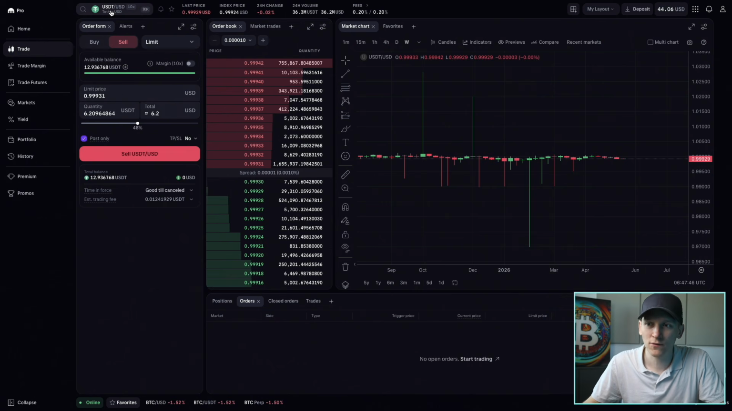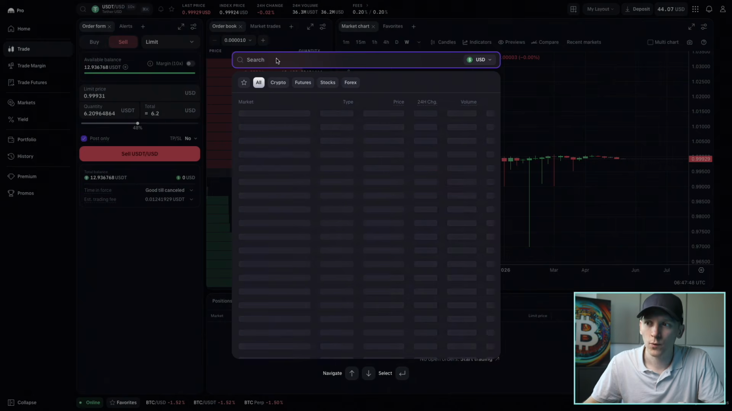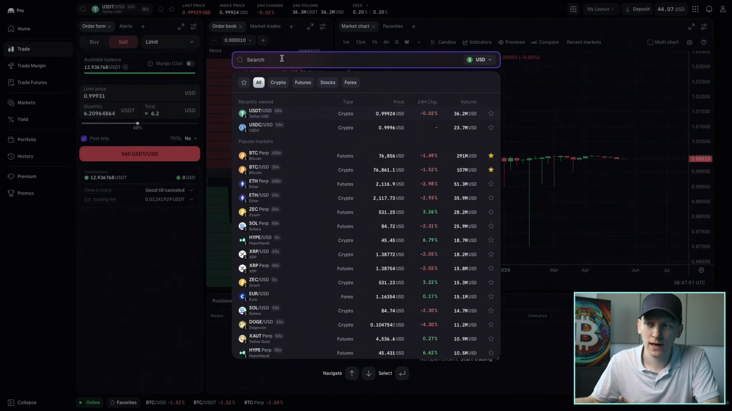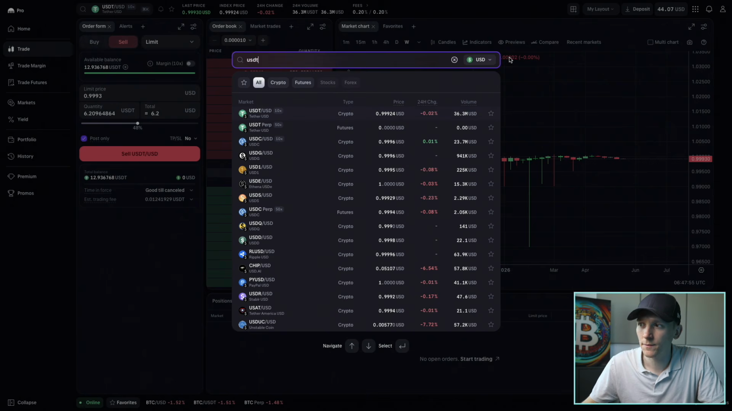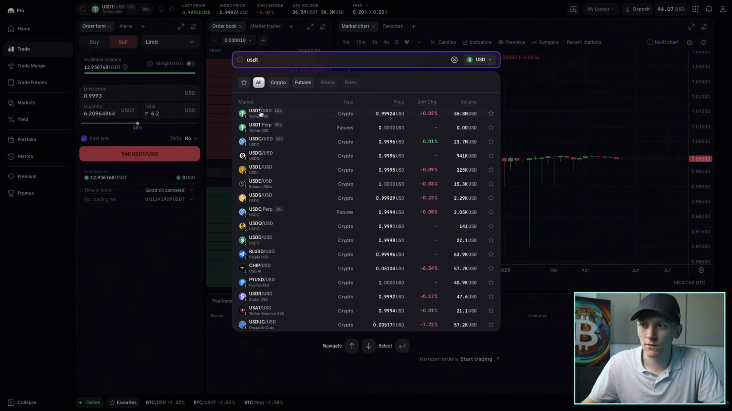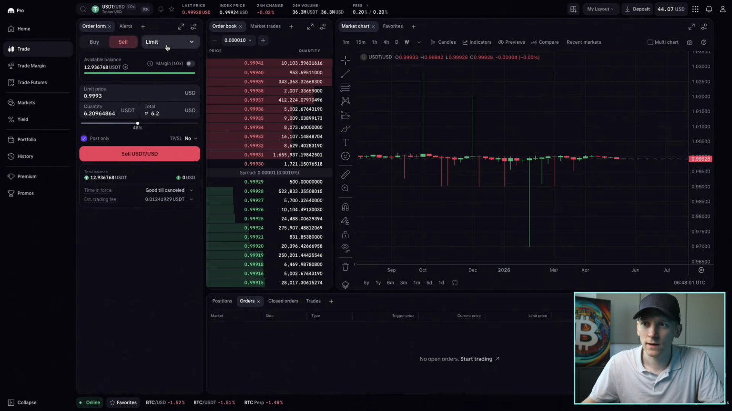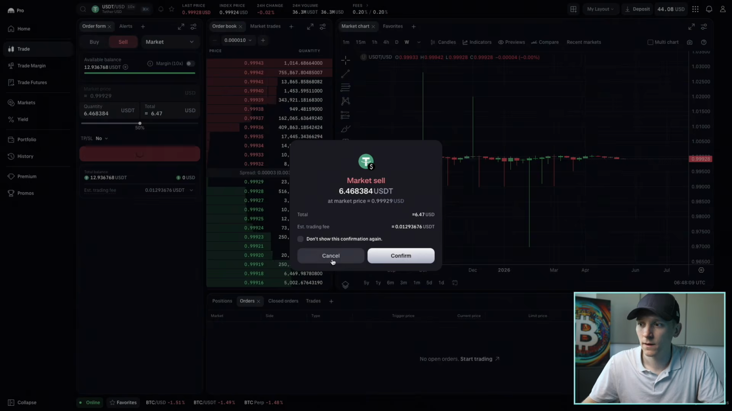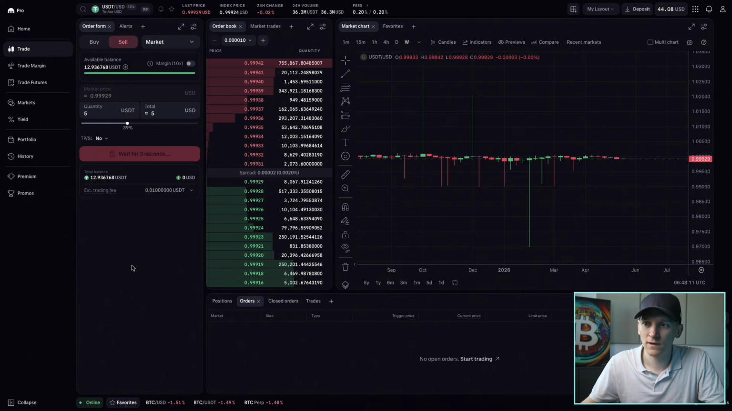So up in the top, I've got some USDT, which is a stablecoin, which is different to US dollar cash. So I'm just going to trade USDT like this, and I'm going to trade it against USD. So I'm going to find the USD pair here. So this one right here, that's going to change my stablecoin into actual cash USD that we can use to trade against xStocks on Kraken Pro. So I'm just going to go ahead and sell some USDT, confirm that. That will give me some USD